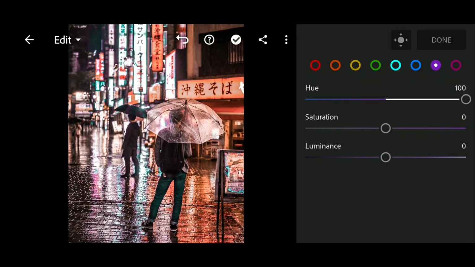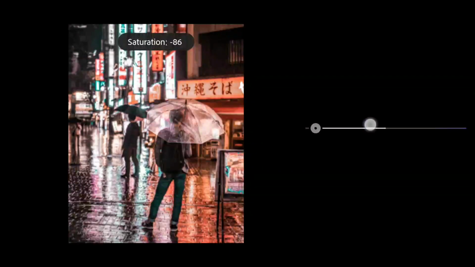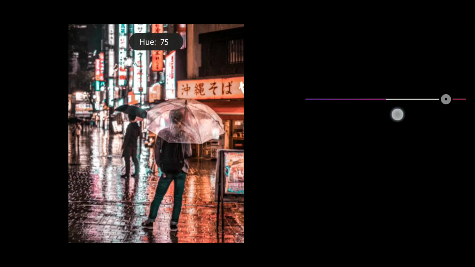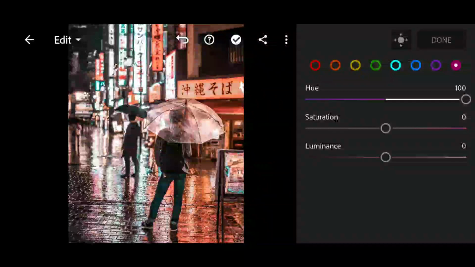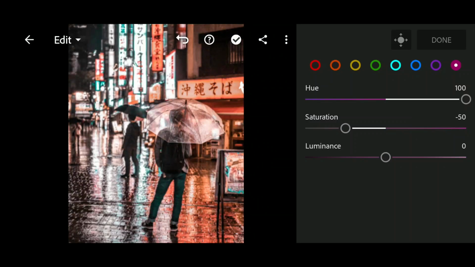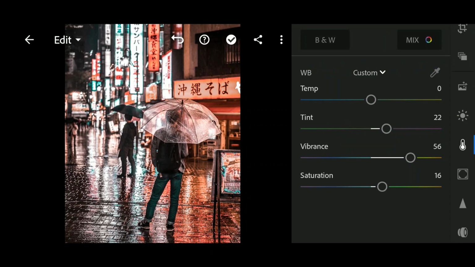and saturation to -88. Now select magenta and bring up the hue all the way up as well and saturation to -50. Click on done